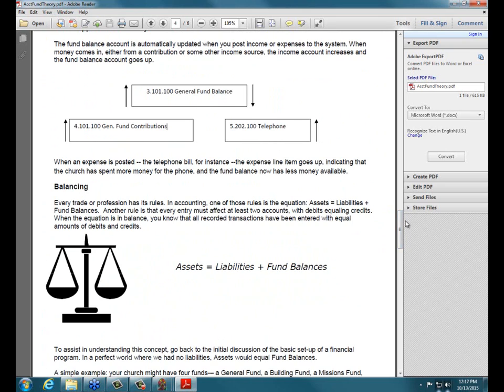And that's the way those 5 accounts link in together. Okay. Another example here, anytime you record an expense to your church, so money is coming out of your checking account, one of your asset accounts, in order for this to stay in balance, then money has to also correspondingly come out of one of your fund balances. And the way that works is by recording, when you record an expense, for example, you write a check out to the